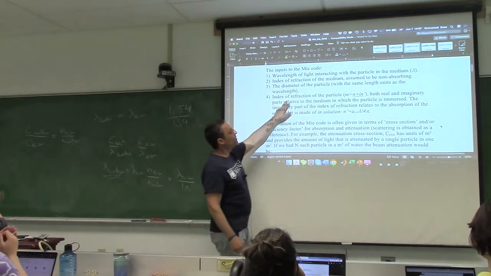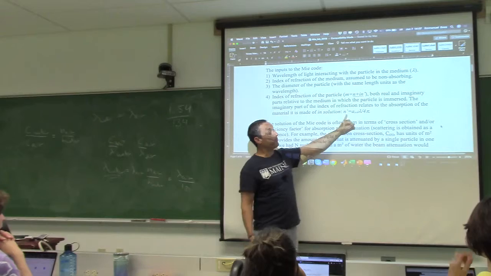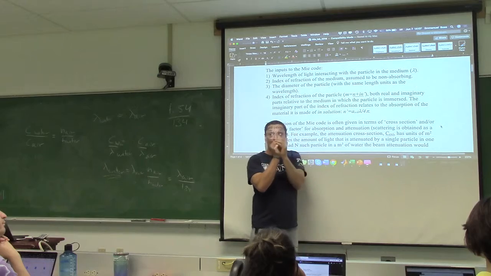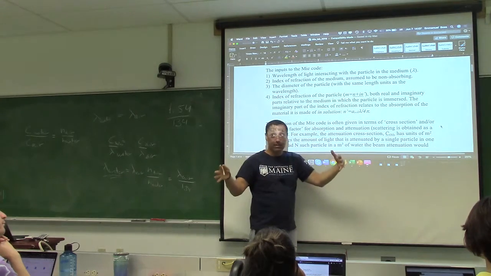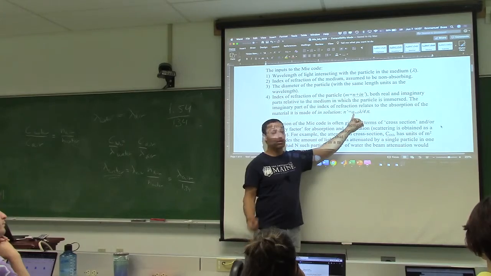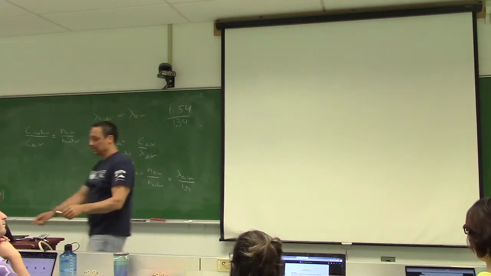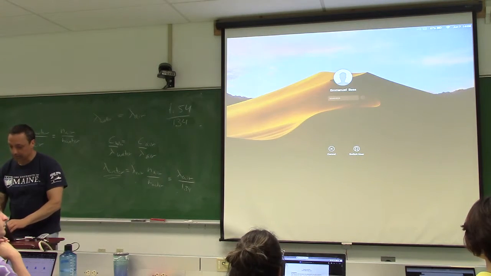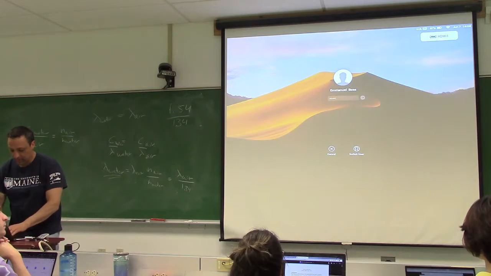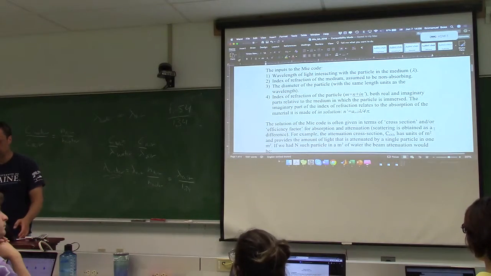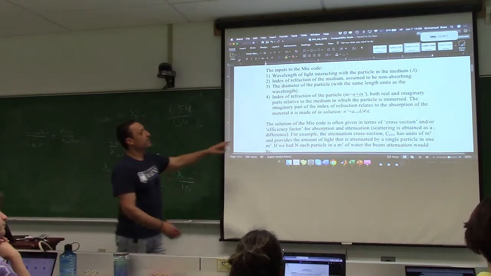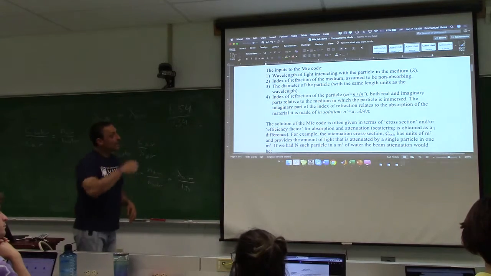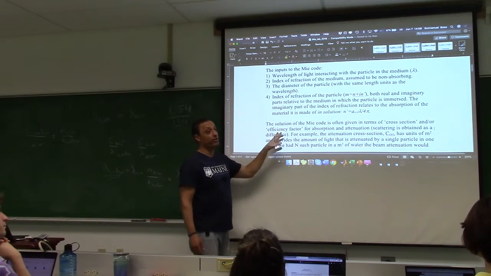And then again, the imaginary index of refraction of the material, if it's a phytoplankton, is going to be the absorption if it was not quantized in. So if all the fluid has that absorption, it's not just one small particle, times lambda divided by 4 pi. That's my n prime. And the solution is given in terms of cross-section or efficiency factor,